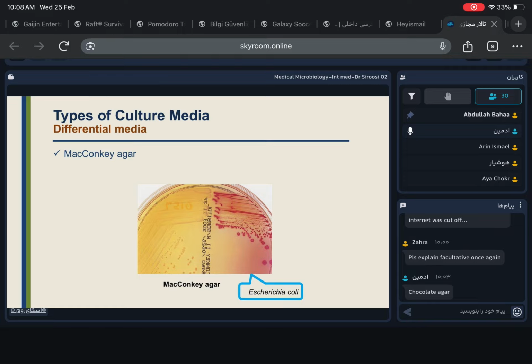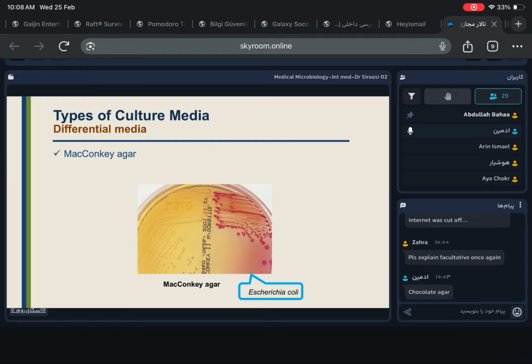And if this happens, the color of the colonies changes to pink. For example, we have Escherichia coli here. Escherichia coli, we talked about this bacterium, is a gram-negative bacterium, so that's why it is able to grow on